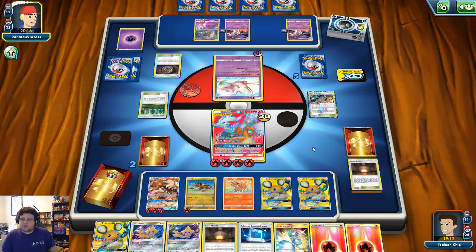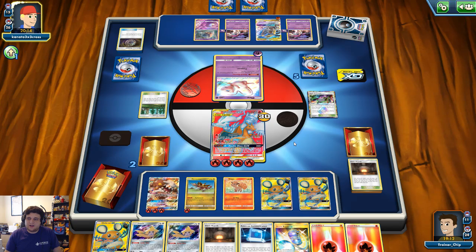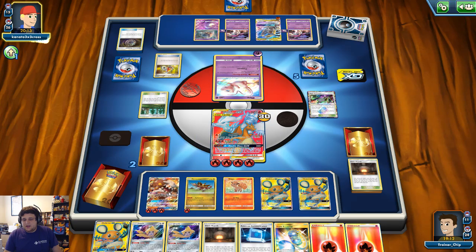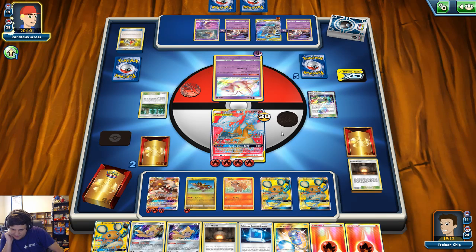Alright, here comes the Tina Chomp. So let's see if that is the route they're going. There's the Fighting Energy. I should have taken the knockout with the Heatran. That is definitely a mistake. Now we need to find